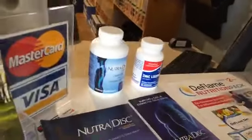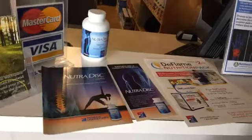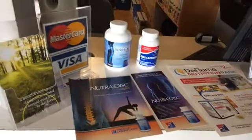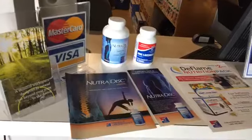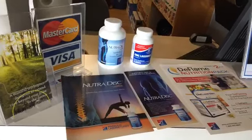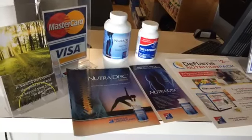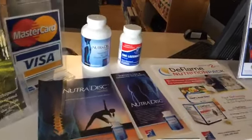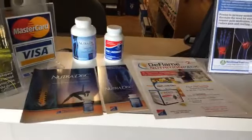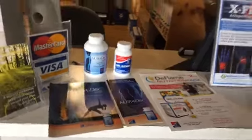Speaking of which, there's a bottle of that sitting right there, George. And sitting aside of it is the Link lozenges. Now, since I'm flying out to Tempe, I'll be in a plane, my wife and I, and we decided that we were going to be very proactive in light of what's going on with the coronavirus. And so what we're doing, and I'd like to explain it to you, is we're doing multiple things. So for each day that we're going to be there,